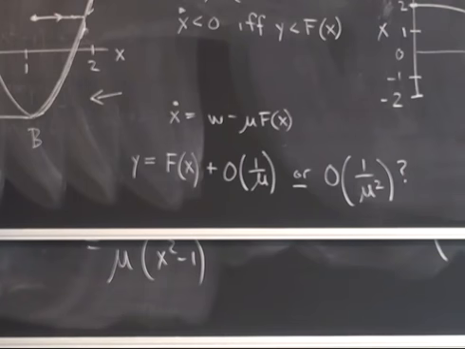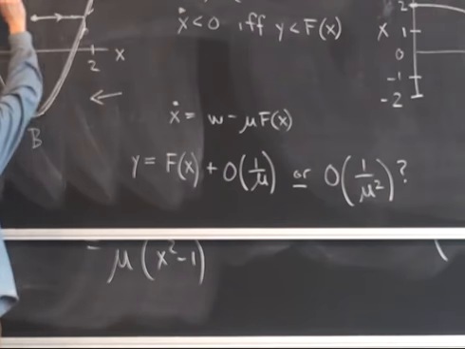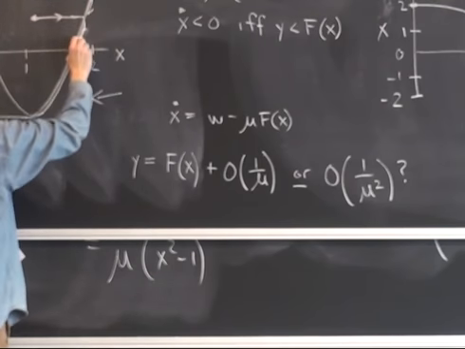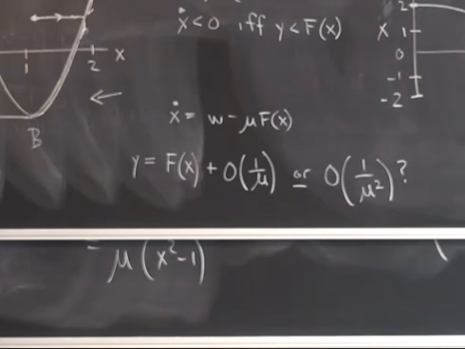But since W is always larger than mu f of x, it's only larger here and here. Then it flips over here when it crosses through vertically, and now it's on this part. It's below. But when it's about to cross, when W is very, very close to mu f of x,